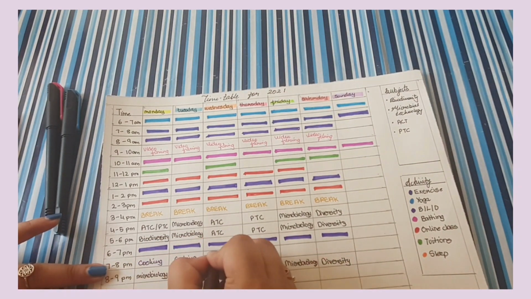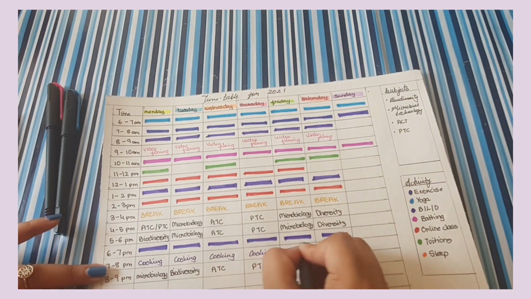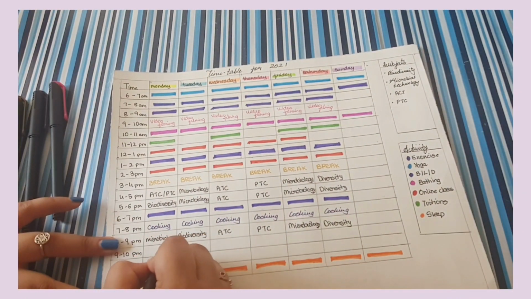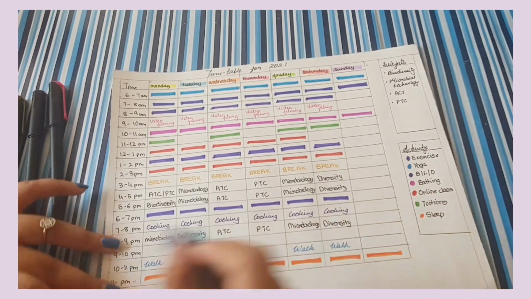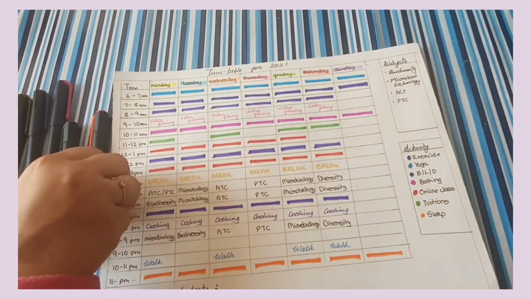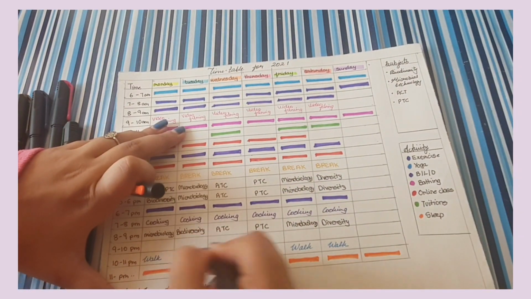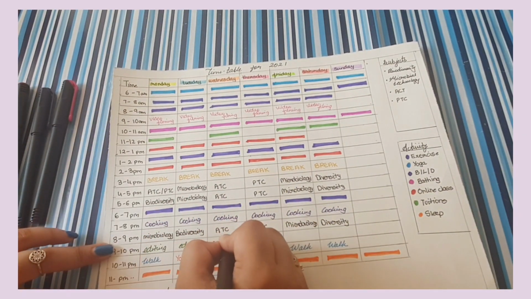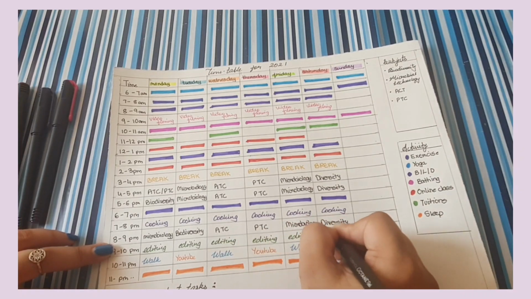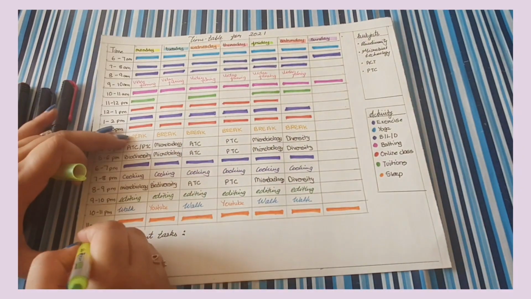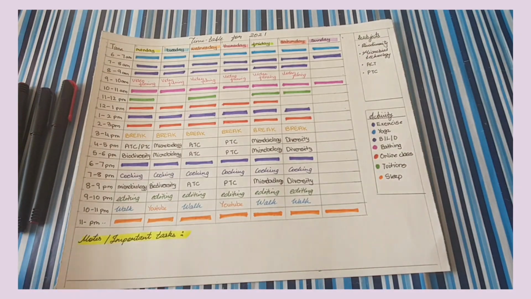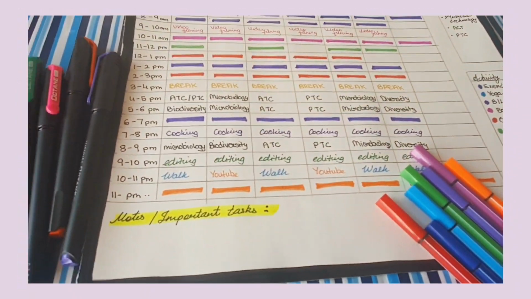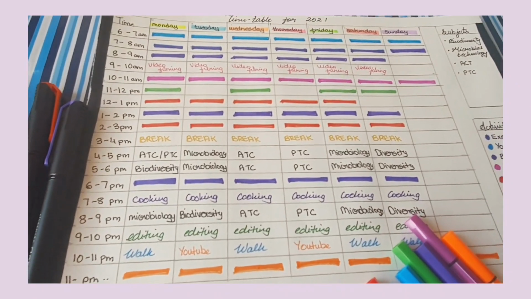Now everything can be done according to you, completely personalized. I'm just giving you a gist of how you can perfectly plan your day on a sheet of paper. Now the subjects and tasks can differ from person to person. Like since I make YouTube videos, I have made a column for YouTube video timings. But for you, let's say you make crafts or you go for dance classes, so you can make a time for that. Now as you can see, my entire Sunday is blank because Sunday is unpredictable. It's a holiday. So this was an overview of how to make a timetable.